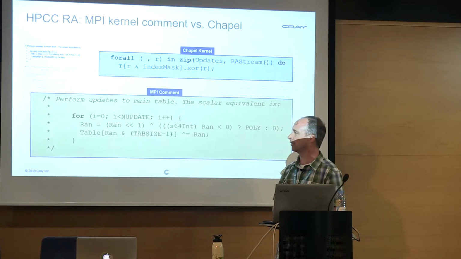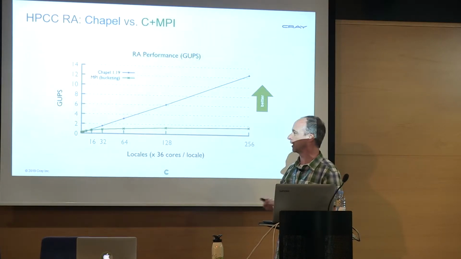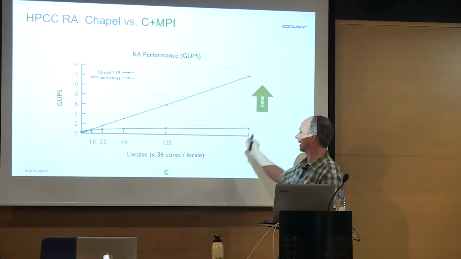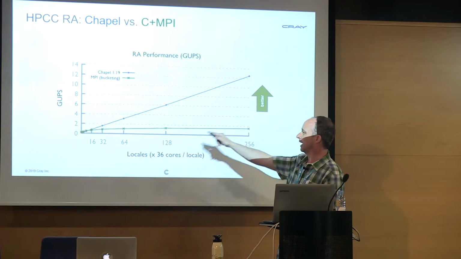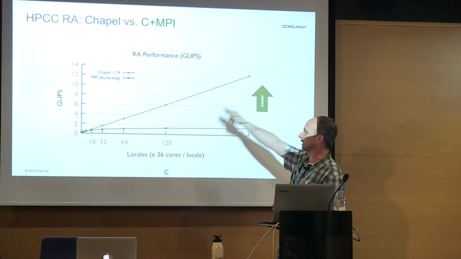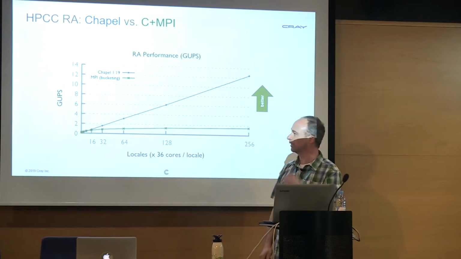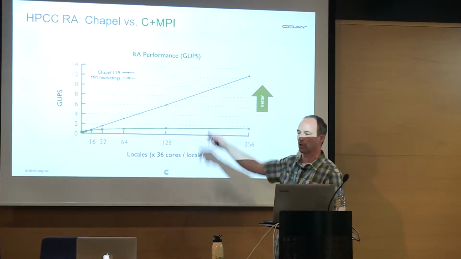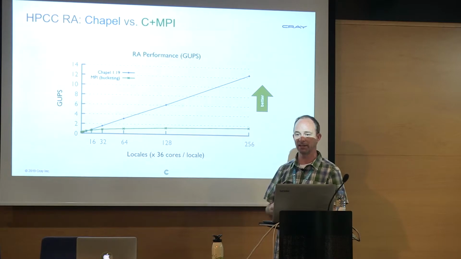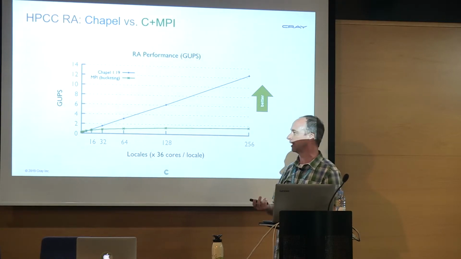So this is a case where not only are we succinct like we saw in the previous Stream benchmark, but this is a case where we actually perform much better than the reference version as well. So again, a performance graph where higher is better, again out to about 9,000 cores. And here the Chapel code is scaling really nicely in blue, whereas the MPI code is dropping off here in green. And the reason for this is that the Chapel code expresses the computation very cleanly and gives the compiler a lot of leverage in terms of how it maps down to the architecture.